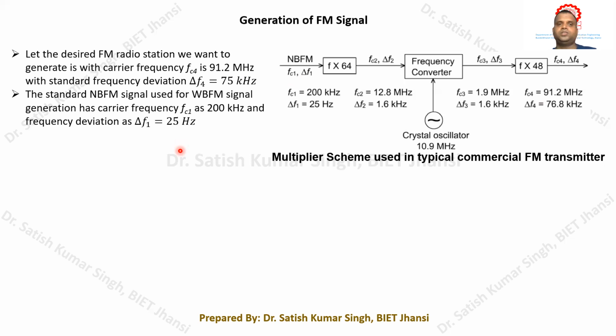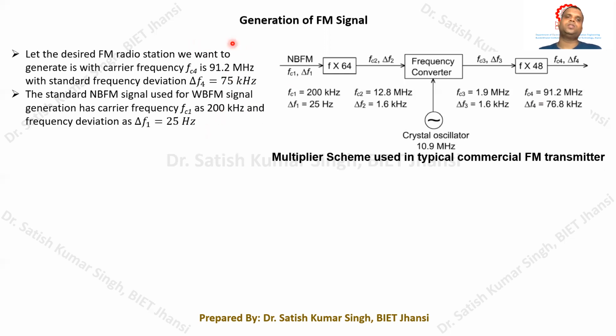So we have to ensure that for the entire range of our message frequency, from 50 hertz or 100 hertz up to 20 kilohertz. Okay, so 25 hertz is sufficient to choose, and that will keep our signal as an NBFM signal. So these are the typical parameters that will be mentioned first.